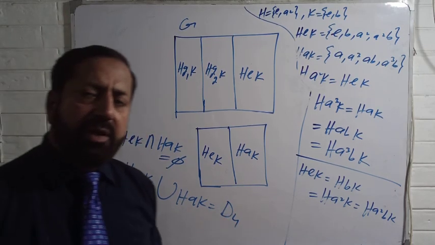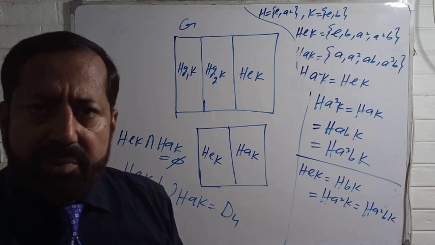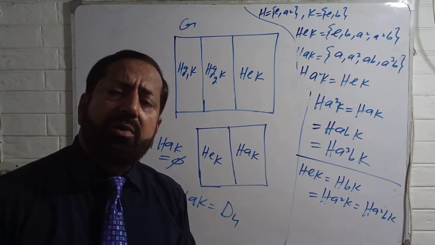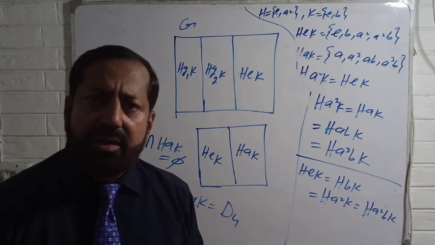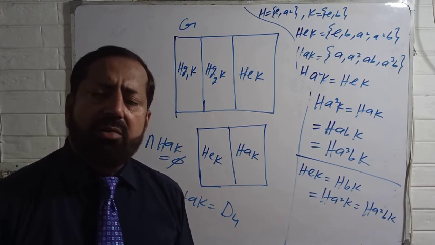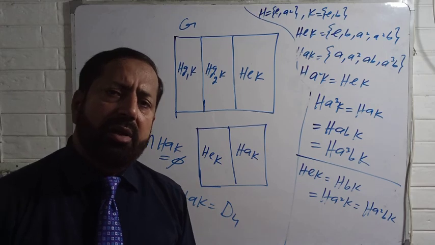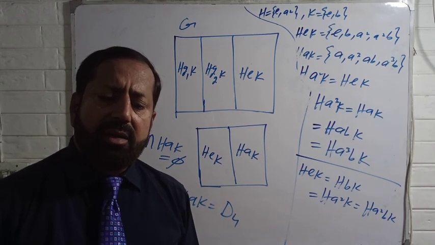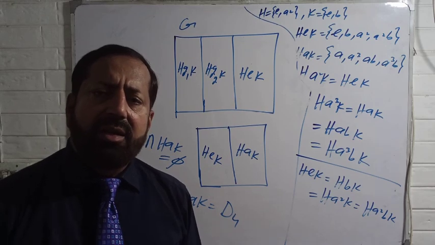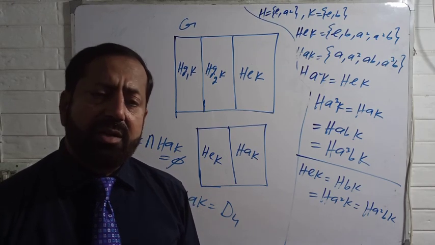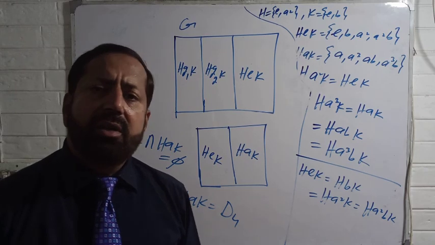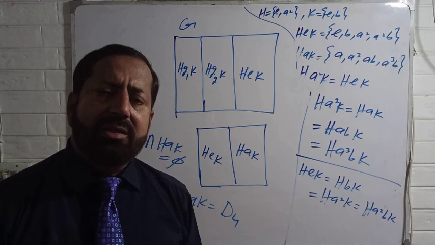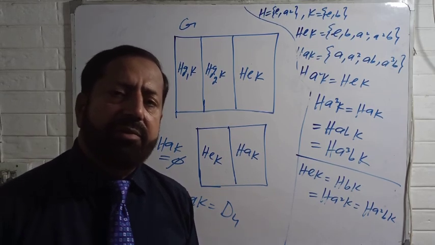Okay, so that's why we have a very simple and straightforward theorem: the collection of all double cosets modulo HK, where H and K are subgroups of G, always defines a partition of G. Or you can say that if omega is the collection of all double cosets modulo HK, then omega is a partition of G. So let's have this theorem.